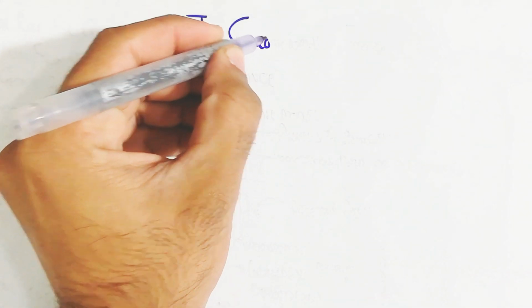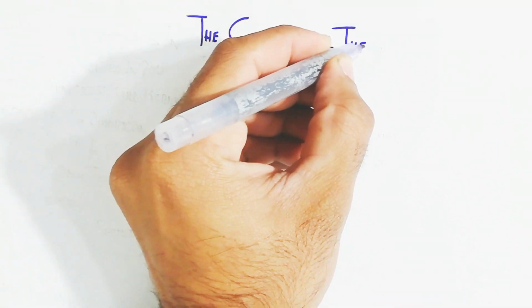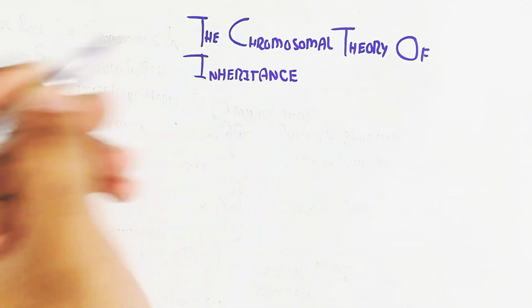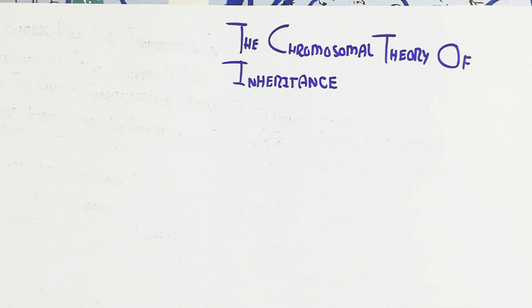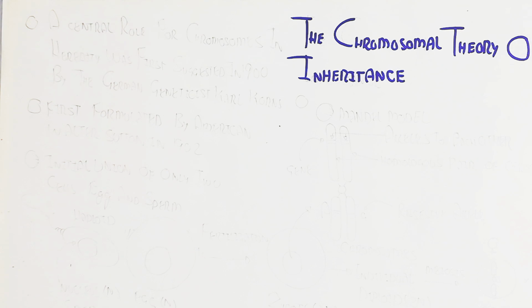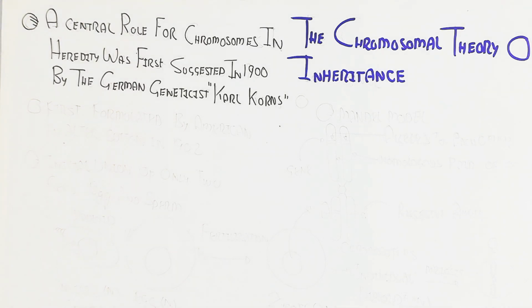Hello, in this video we will discuss the chromosomal theory of inheritance. So what is this? The chromosome is the unit of inheritance, and it transfers genes from father and mother to their children. A central role for chromosomes in heredity was first suggested in